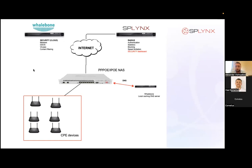Why this works is because all the viruses and malware still connect using DNS. So if we have malware or something on our CPE or on our home network, all the connections are mainly made to some DNS names. That's why DNS communication is essential to grab this bad communication. And as I said, this is a very nice way to analyze the traffic without putting high performance firewalls in the network. And let me show you a short example of how it works in terms of integration